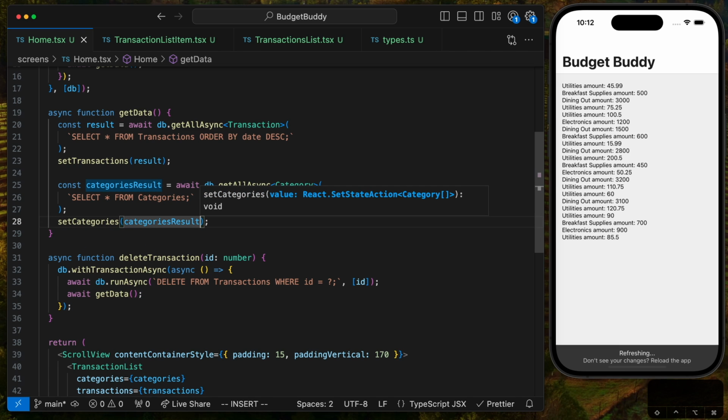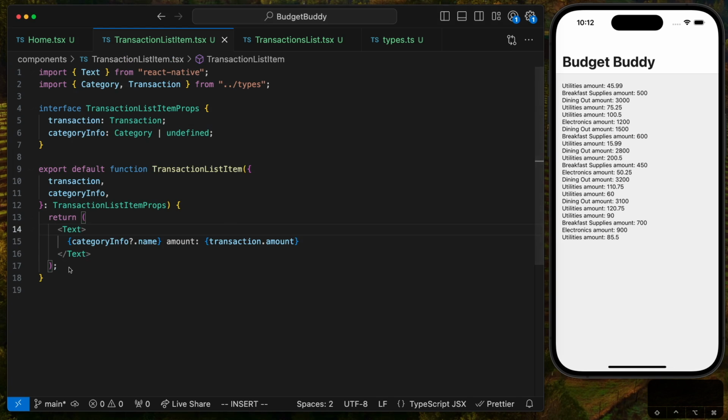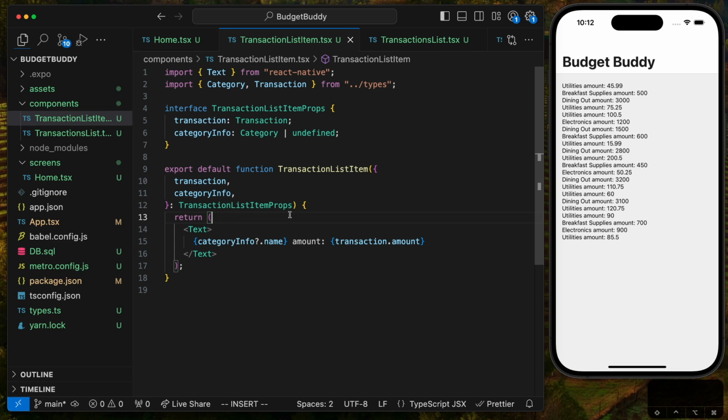And if I hit save, you can see that this query is working fine. And we're getting utilities, breakfast, etc. Awesome, this is great. This is working as expected. Let's go back to the item and let's actually make this item look good. Now, before I do that, I want to create a component that is going to allow me to create a beautiful UI and reusable